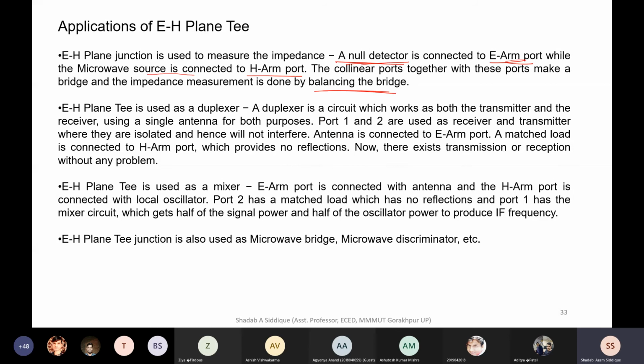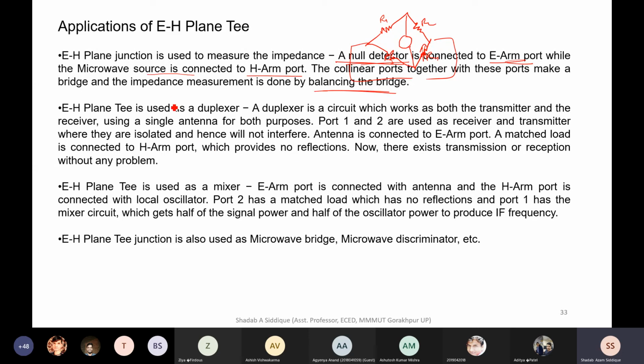Balancing a bridge, you might be familiar with. So we have resistances like this, connected to this one, and this is connected to the source. Now we take it as the balancing of that bridge. Just take R1, R2, R3, R4. One of them is variable, and that will be varied accordingly to get the bridge equally balanced.